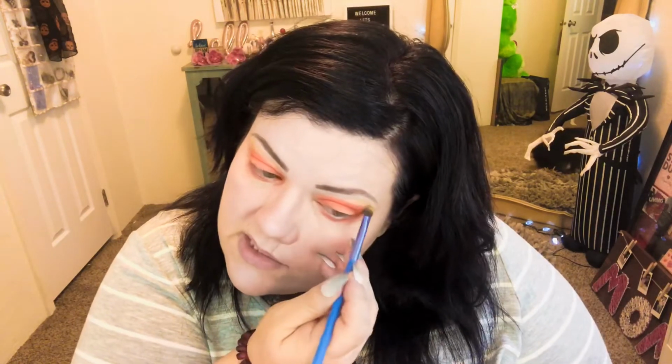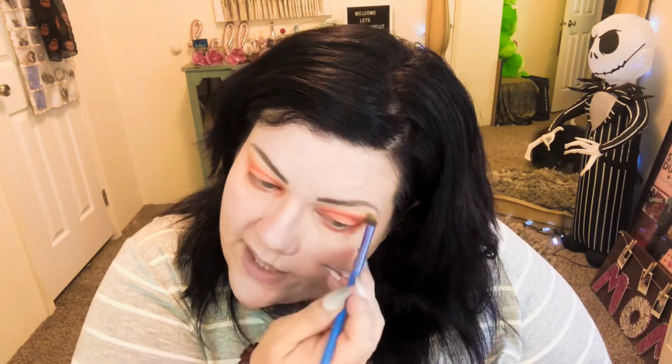Okay, I'm gonna take some of the yellow. I know there's really not yellow in the picture, but I'm just gonna kind of blend out this edge just a little bit, and probably then put a little white. See, I like doing these and getting an inspiration pick, and then it kind of gets you out of your zone of what you always...